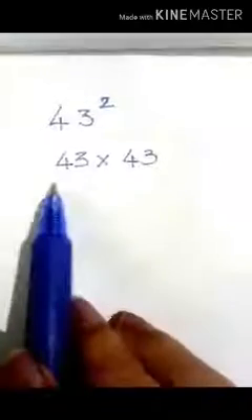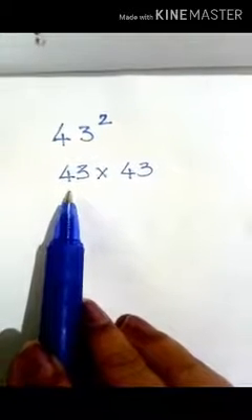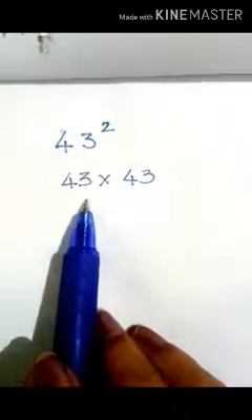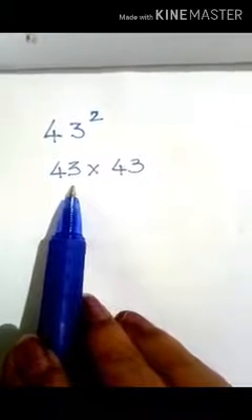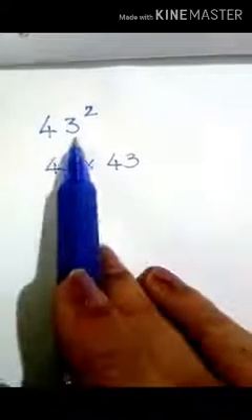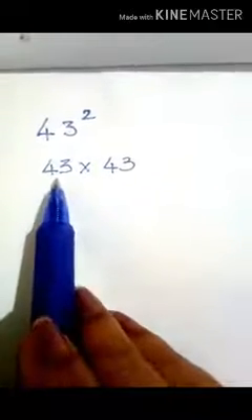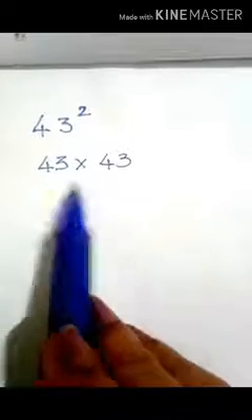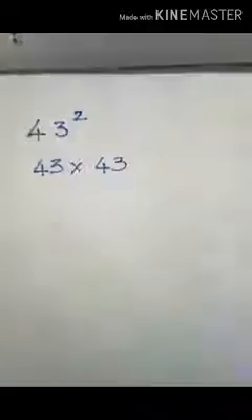The tables that you saw just now showed how to find the squares of numbers ending with either 0 or 5. The same method cannot be applied for other numbers. Suppose you have to find the square of 43. So you cannot use either of those methods because here it is neither 0 nor 5. So there are two methods. One is just multiply the number with itself. 43 multiplied with 43. Work out the multiplication and find the answer. But there is another method that's easier as well.